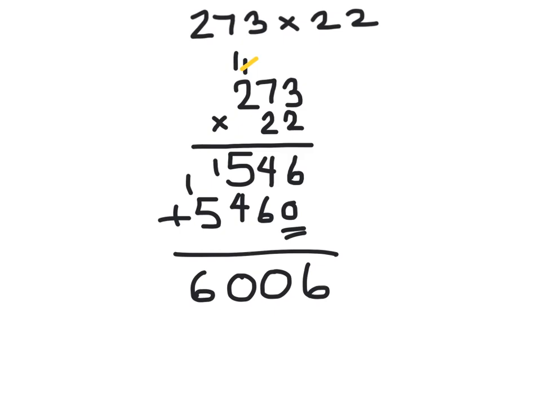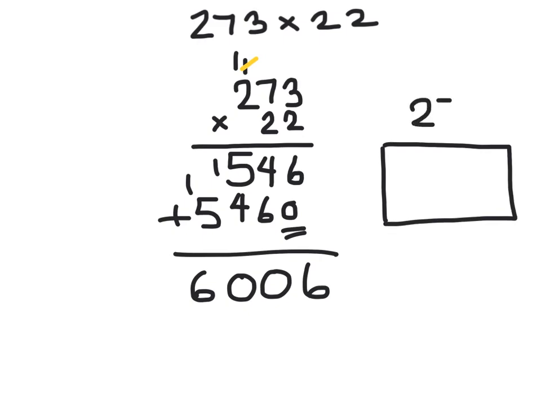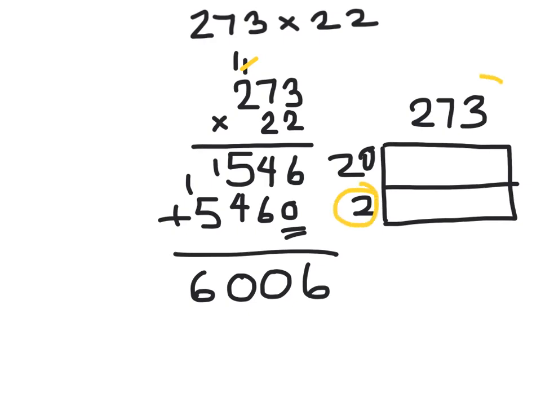If you want to do your work today using this method, that is great. I don't want you to forget, however, that this is a partial product method. So on an array, what's happening is you are dividing your 22 into 20 and 2. And you are first multiplying this 2 by 273, and you're getting